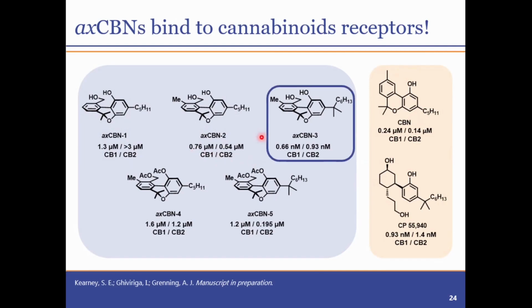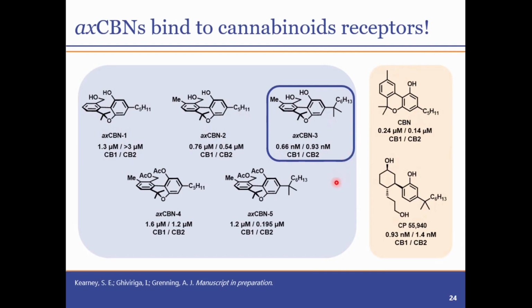But then the most exciting molecule thus far is this axCBN3. So now we have swapped out this N-pentyl chain for that really active dimethylheptyl chain. And now we are below 1 nanomolar binding affinity at CB1 and below 1 nanomolar at CB2. So this is even more potent than the most potent synthetic cannabinoid that's really out there in the research field, the CP55940. So we're very excited about this and definitely going to be following up on this molecule with